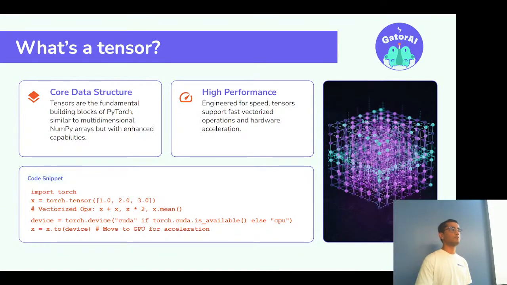One of the first things I mentioned was a tensor. So what exactly is a tensor? You could think of it as a core data structure for any sort of ML, specific to PyTorch. It's similar to a multi-dimensional array, but it has enhanced capabilities that help us do things like gradient tracking and optimizations, and it's engineered for high performance because you can do fast, vectorized